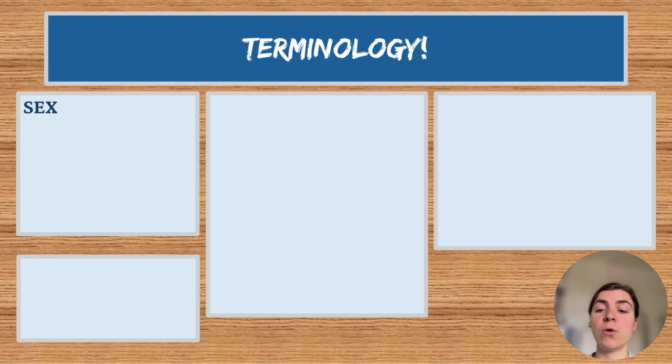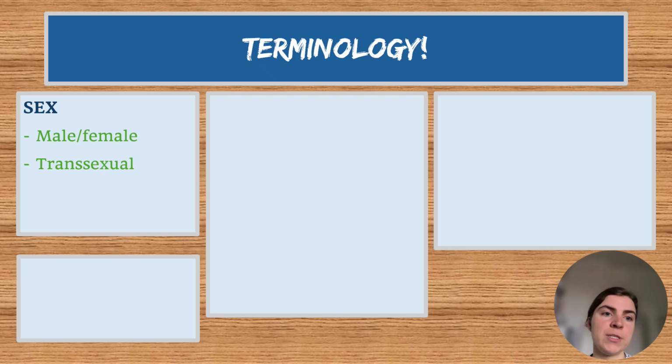Sex. I already explained this is the biological category, and here we have this distinction into male and female. We can also have a person that is transsexual. This means that something with the body of the person has happened, for example, gender affirming surgery. So it's about the body that has changed here. And we can have intersex. This would be people where the bodily features are not binary and are basically between male and female, or somewhere on a spectrum.